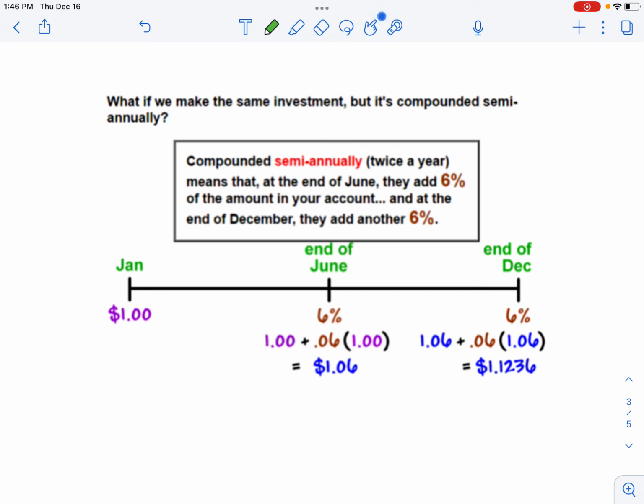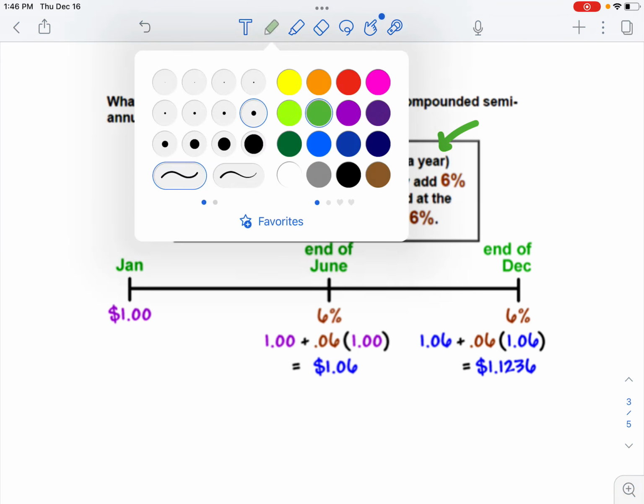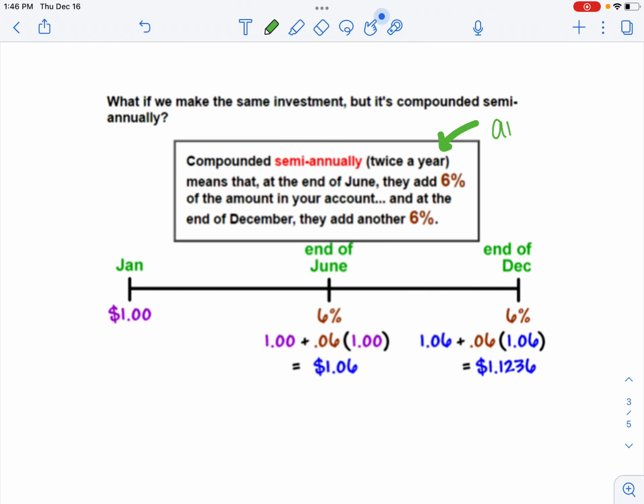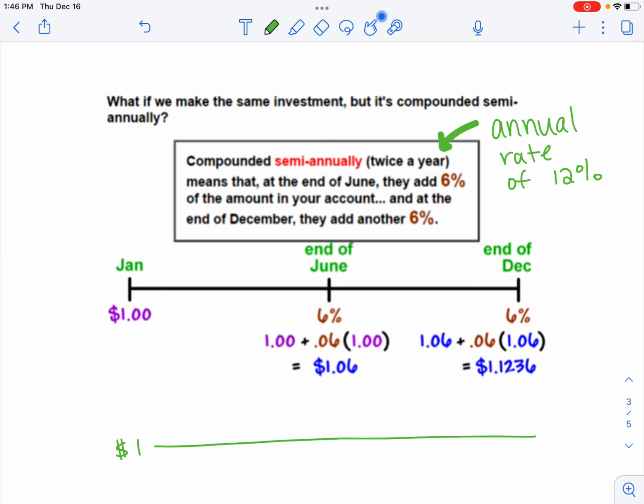If we were compounding semi-annually, and this was based off the example we looked at yesterday that had an annual rate of 12%, what that would look like is instead of having that 12% rate added to your money at the end of the year one time, which led our dollar in January to becoming $1.12 at the end of the year, if we were compounding the money semi-annually, we're taking that rate of 12% and dividing